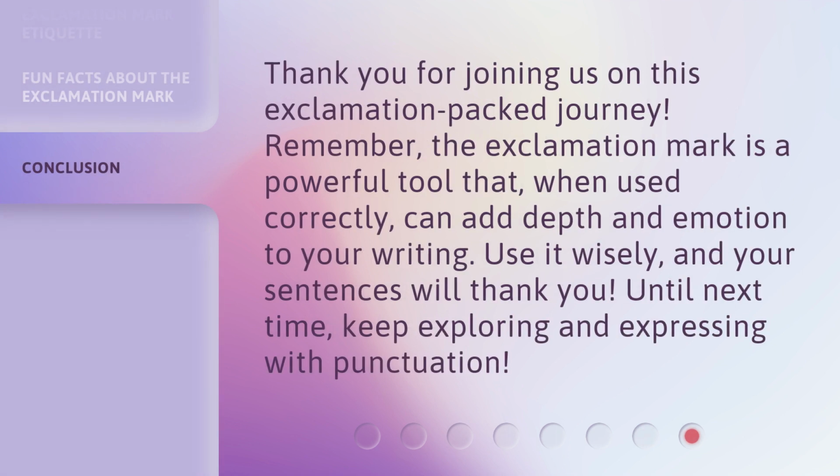Thank you for joining us on this exclamation-packed journey. Remember, the exclamation mark is a powerful tool that, when used correctly, can add depth and emotion to your writing. Use it wisely, and your sentences will